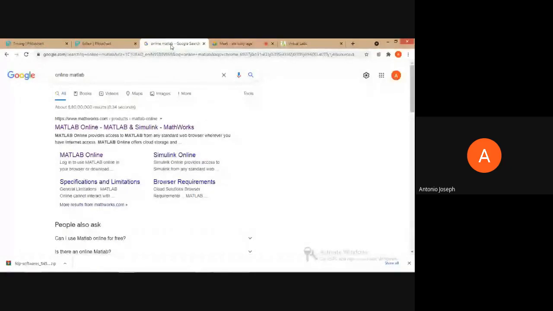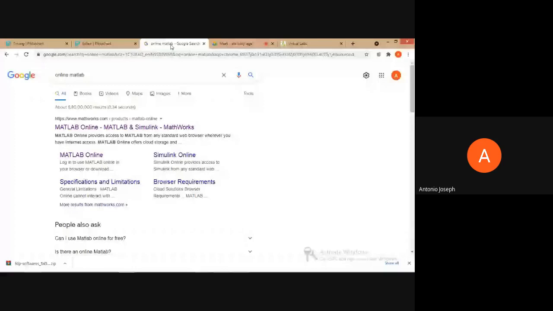See, we can have two options. Either we can use it online or we can download the software. But MATLAB provides only a 30 days trial use. So after 30 days, we need to purchase the license. Or the second option is that we can download the crack version of MATLAB and use it happily. Okay, so these are the two options. And for getting this trial version, we need an institutional mail ID. Using our Gmail ID, we cannot use the trial version of MATLAB, so that's a problem. So for registering, we need the institutional mail ID.